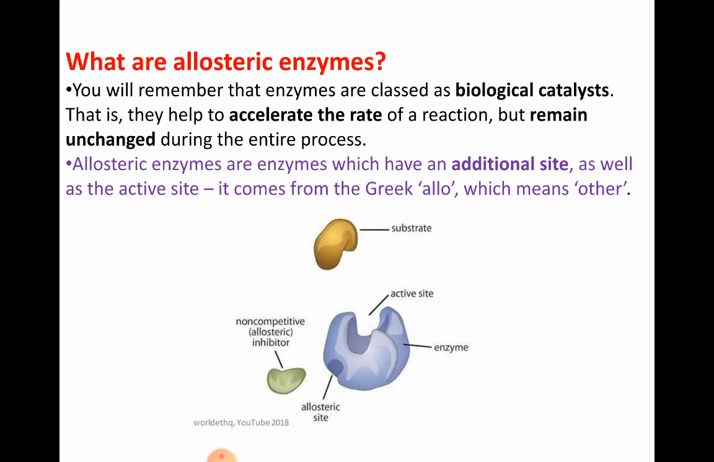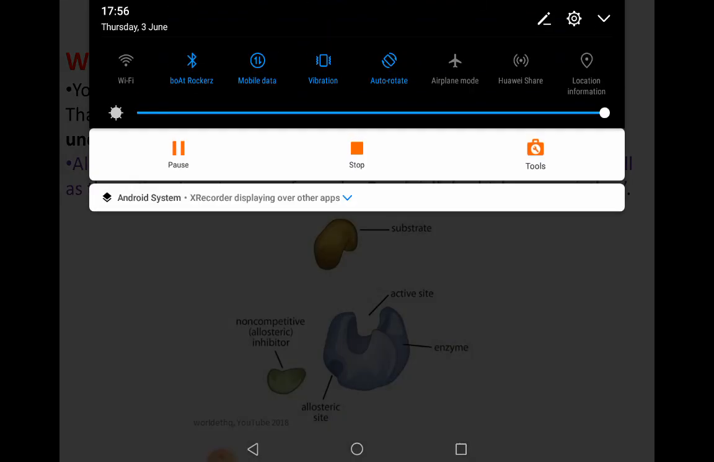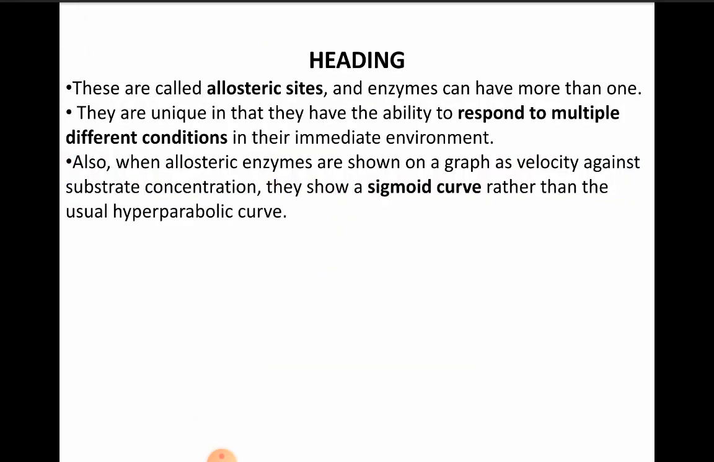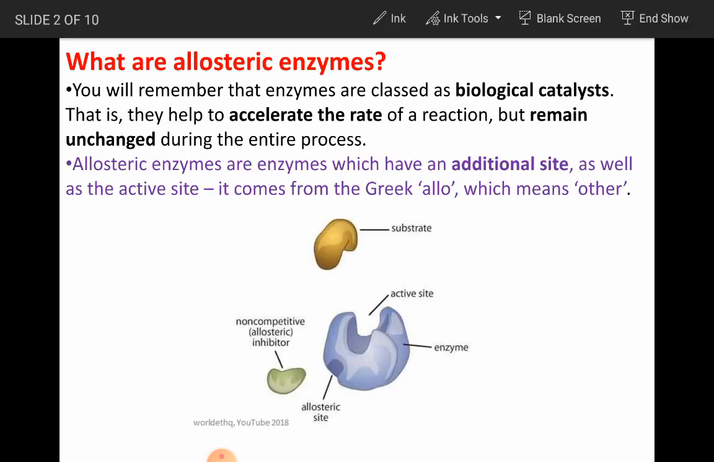So, allosteric enzymes are enzymes which have an additional site apart from the active site. Allo comes from the Greek allo, meaning other. So in this diagram, in this schematic, you can just see, okay, this is the